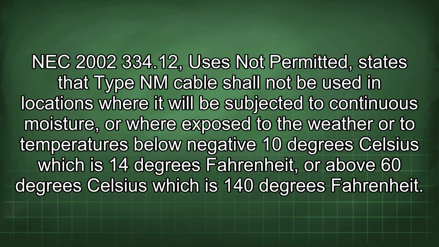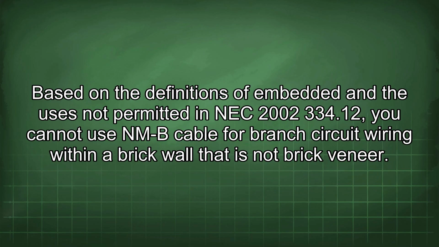NEC 2000-334.12, use is not permitted, states that type NM cable shall not be used in locations where it will be subjected to continuous moisture, or where exposed to the weather or to temperatures below -10 degrees Celsius, which is 14 degrees Fahrenheit, or above 60 degrees Celsius, which is 140 degrees Fahrenheit. Based on the definitions of embedded and use is not permitted in NEC